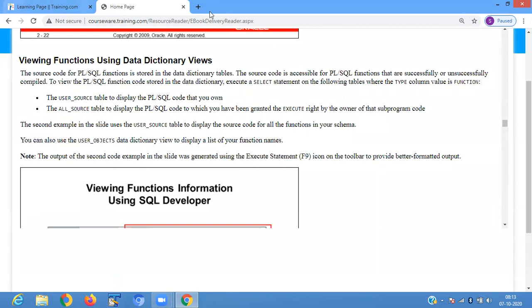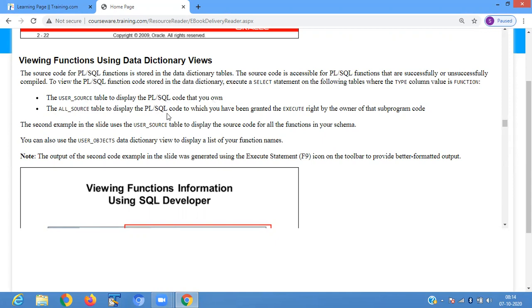For viewing the function using data dictionary views, the source code of the PL/SQL function is stored in the data dictionary tables. The source code is accessible for PL/SQL functions that are successfully or unsuccessfully compiled. To view the PL/SQL code stored in the data dictionary, execute a SELECT statement on the following tables. The USER_SOURCE table displays the PL/SQL code that you own.